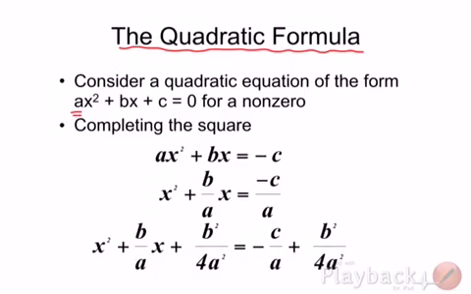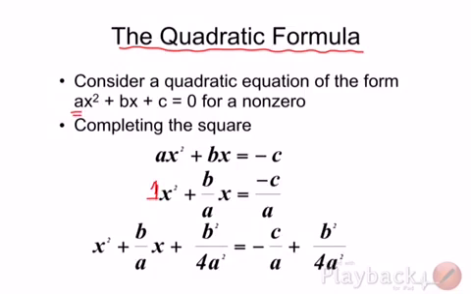The reason that we come up with the quadratic formula is by using the completing the square method for that particular quadratic equation. So ax squared plus bx is equal to negative c, where you bring your constant over to the right hand side, and then you divide by your a, the coefficient of the x squared, so that it ends up with a 1 in front of the x squared. So you divide the whole equation by a: x squared plus b over a x is equal to